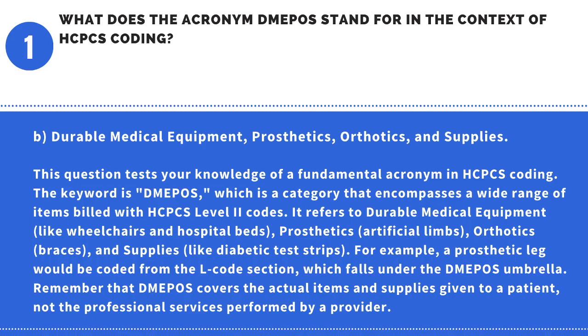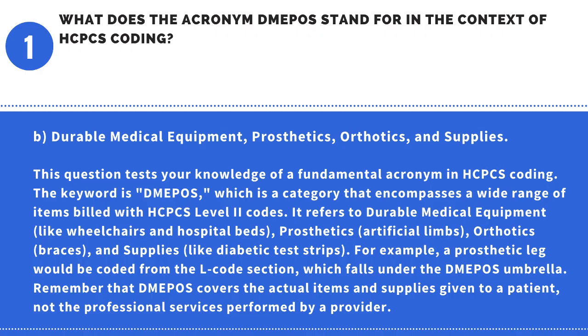Answer. B. Durable medical equipment, prosthetics, orthotics, and supplies. This question tests your knowledge of a fundamental acronym in HCPCS coding. The keyword is DMEPOS, which is a category that encompasses a wide range of items billed with HCPCS Level 2 codes. It refers to durable medical equipment like wheelchairs and hospital beds, prosthetics, artificial limbs, orthotics, braces, and supplies like